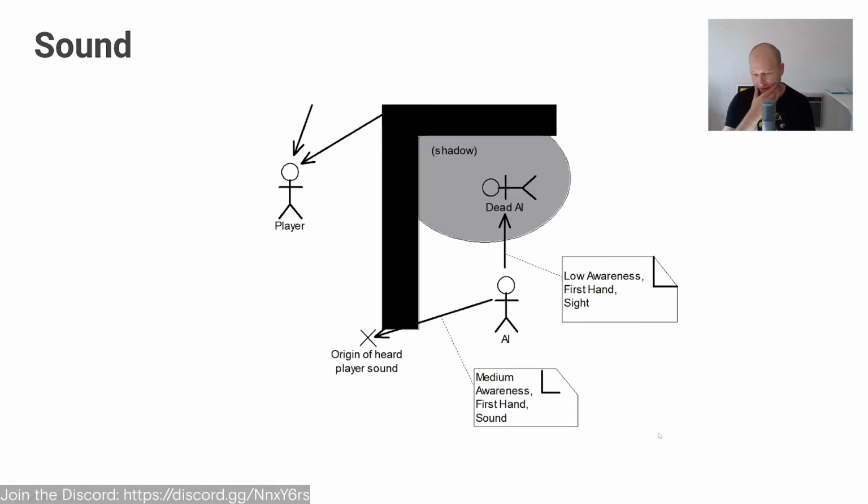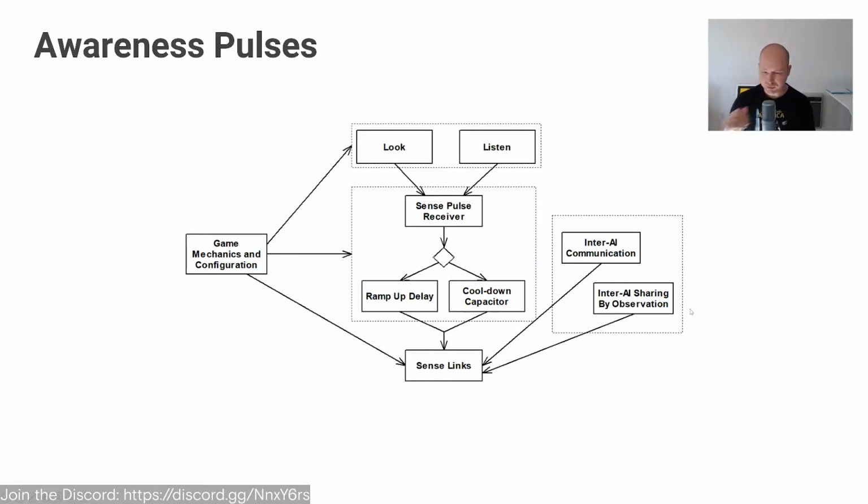So we've seen this already. This is the awareness component, so the sense link system for sound, and you can hear how look and listen both go into this and into the sense link, which is used to communicate between them. So again, this is more of an object-oriented architecture versus a system diagram of what happens. It's more like these systems interplay, and you can see all the different things that have to happen.